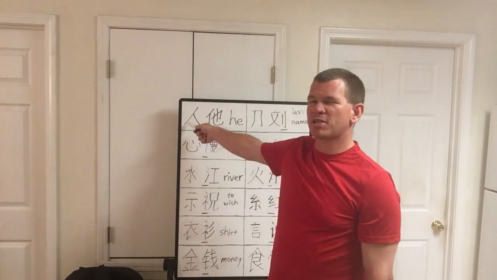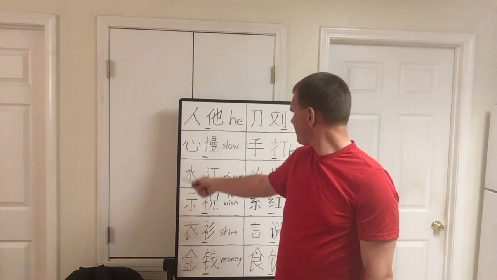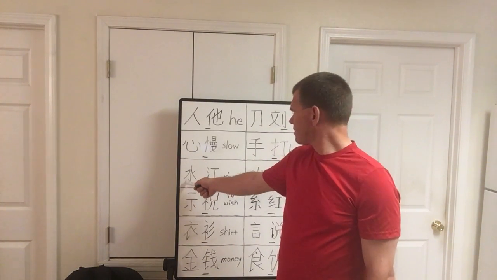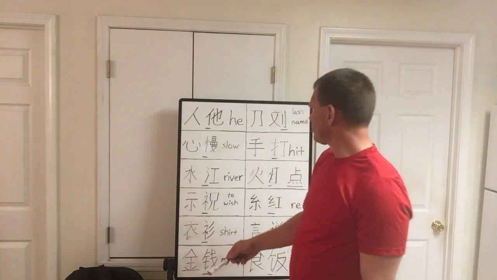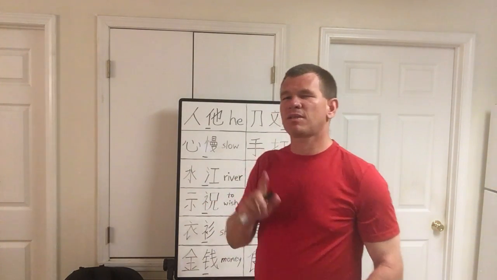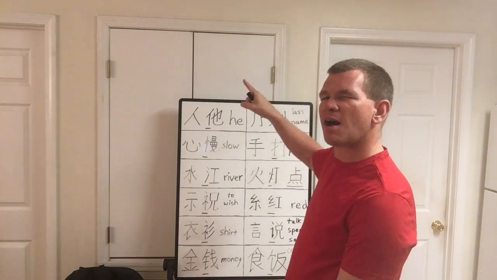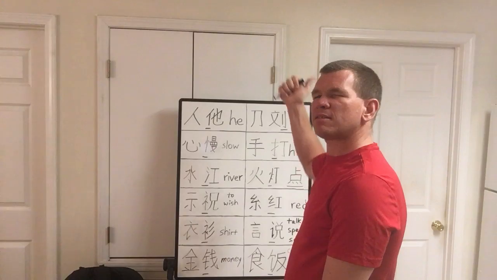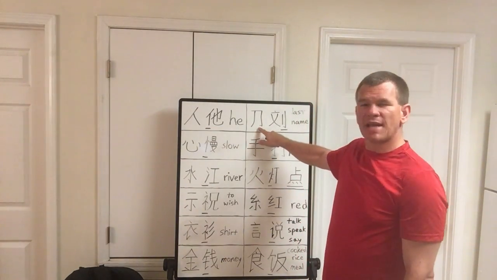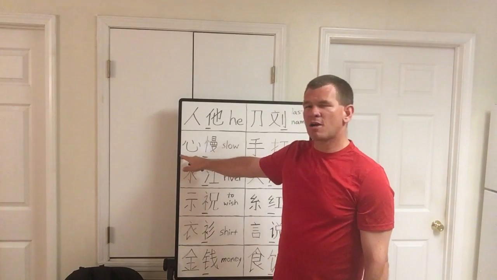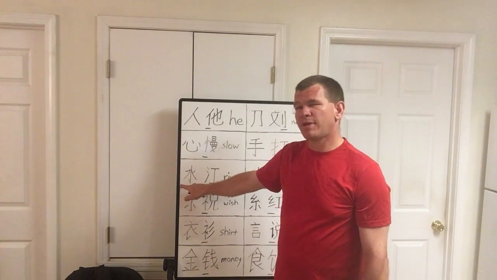So the top one is person. The second one is heart. The third one is water. Oh, you know what? Let's go another way. Let's read it like a book, okay? Let's go from the top, left to right, top to bottom. All right, person, knife, heart, hand, water,